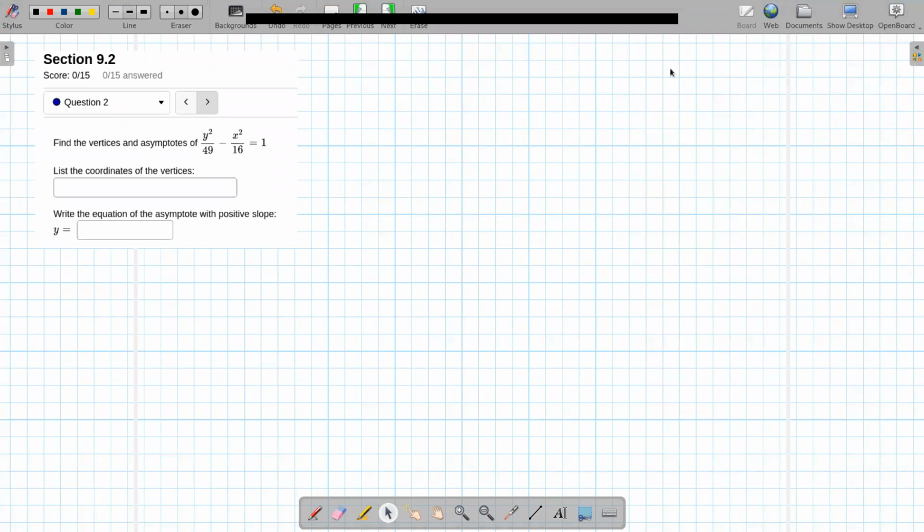So we're going to find the vertices and asymptotes for this right here. So I've got y squared, and 49 is pretty recognizable as 7 squared, minus x squared over 16, which is 4 squared, equals 1. So here I have my a is equal to 4 and my b is equal to 7, and this is centered at